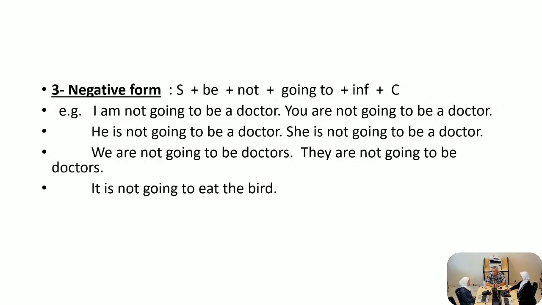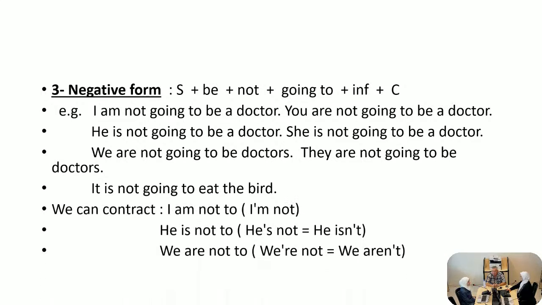Can you go next, Mr. Ra, just to show the use? We use going to and will for prediction and for intention. If we predict something because we see evidence, we use going to. If we predict because we think something will happen, we use will. For intention, if the decision is taken at the moment of speaking, we use will. If it is planned, I mean it is decided before, we use going to.